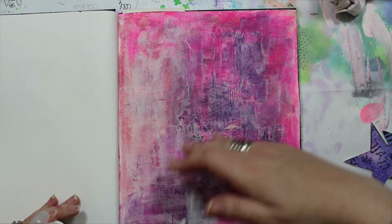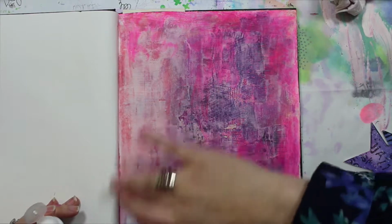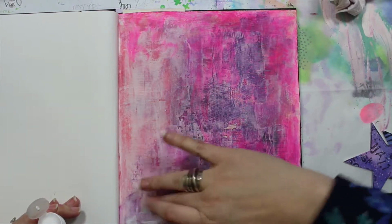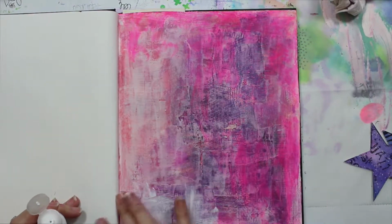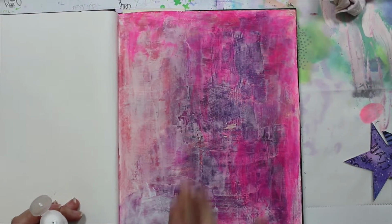So what's my rationale for that? I don't know. Don't really think I've got a rationale for any of this right now. This is just all playing. I had Bob Ross in my head just a minute ago. Happy clouds, happy clouds. These are not happy clouds, but